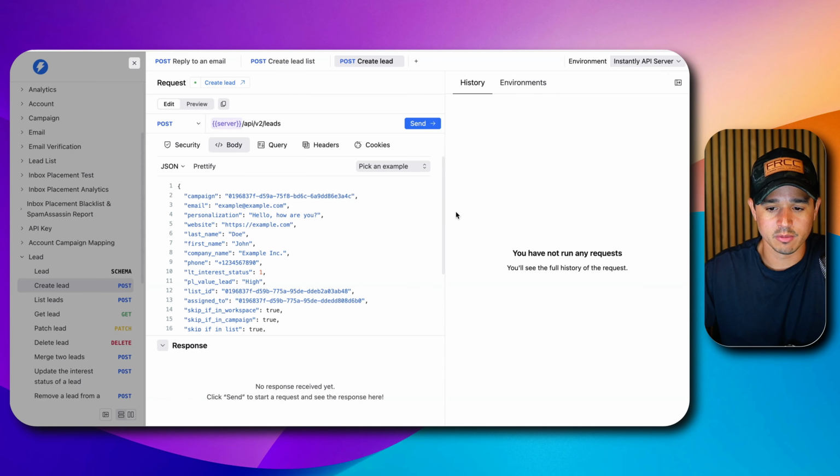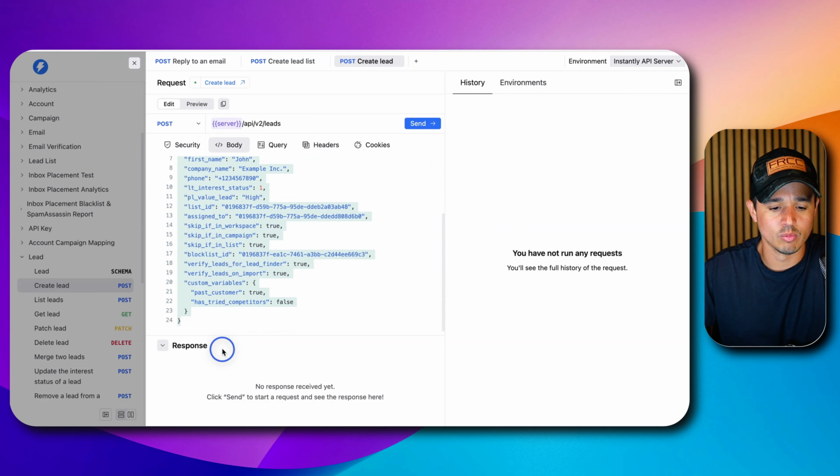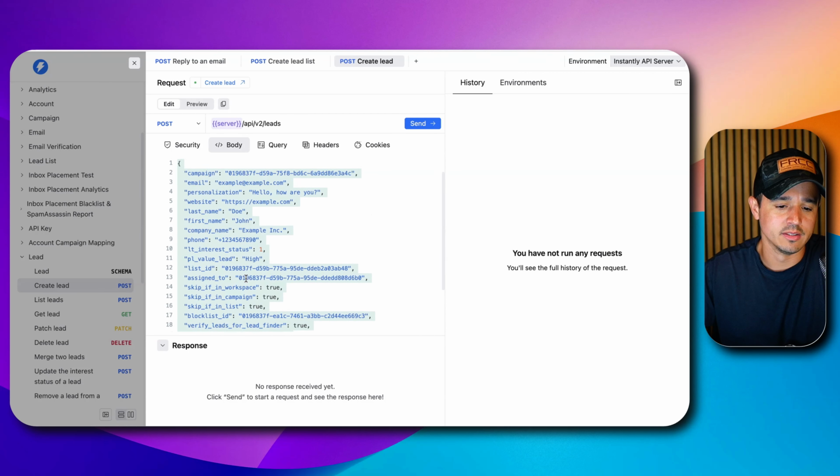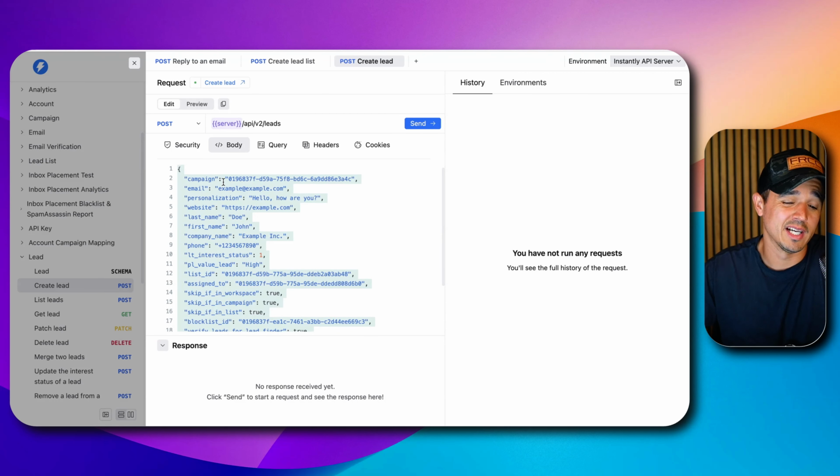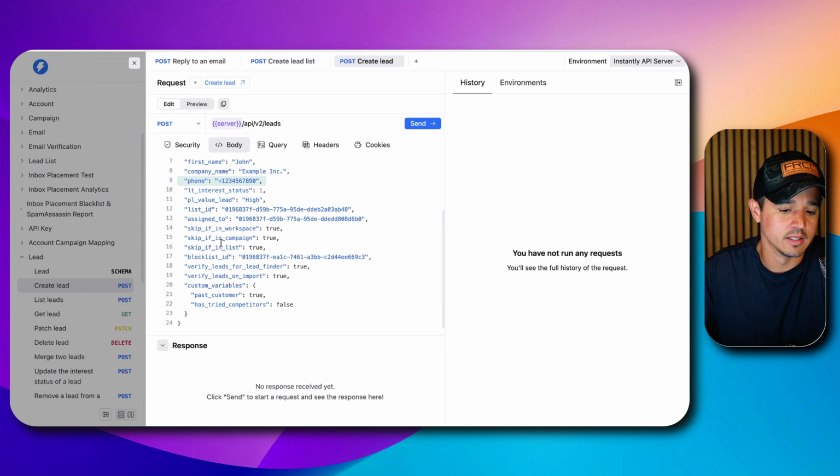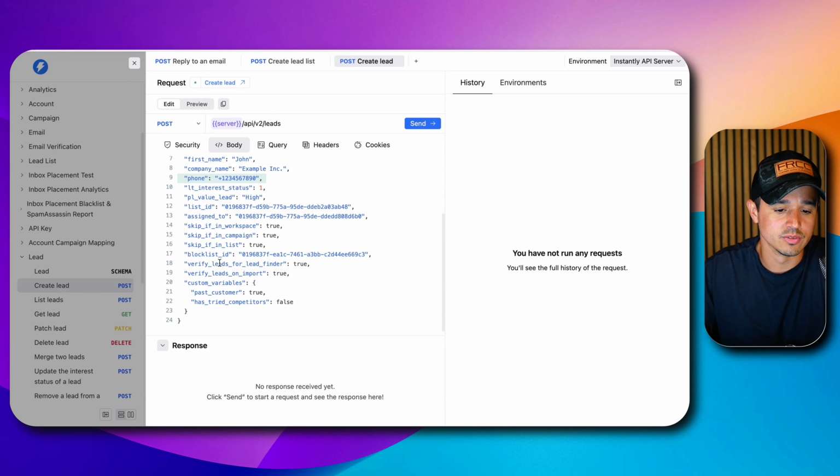So if I come in here, it gives us an example of what the body is. Now, I don't need all this information to be sent, nor do I have all this information, but really the important pieces are the campaign that I'm adding it to, which we just copied the campaign ID, the email. I can add the website. I don't have their first and last name, but I do have their company name. I have their phone number, and I think I'm going to leave